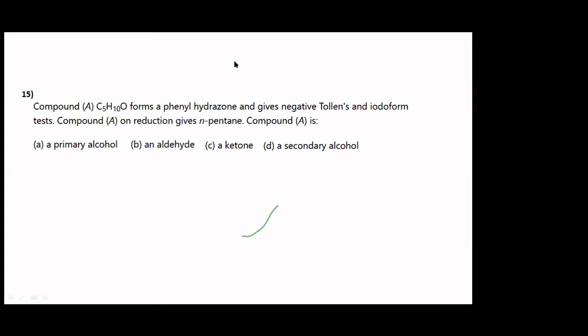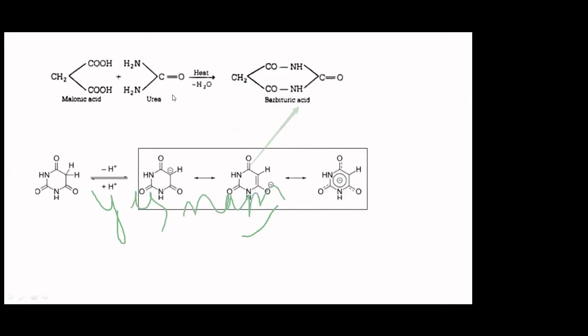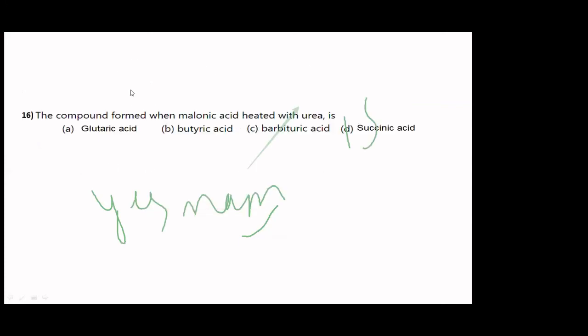Okay. So in this question, basically the hint is here. This one, butyric acid. Option C, ma'am. Barbituric acid. That's correct. This is how it is formed. Okay. Question number 15, somebody is asking. I'll get back to that. Once we finish this, I'll come back to that. Okay. Let me finish this one, the one which is already here.